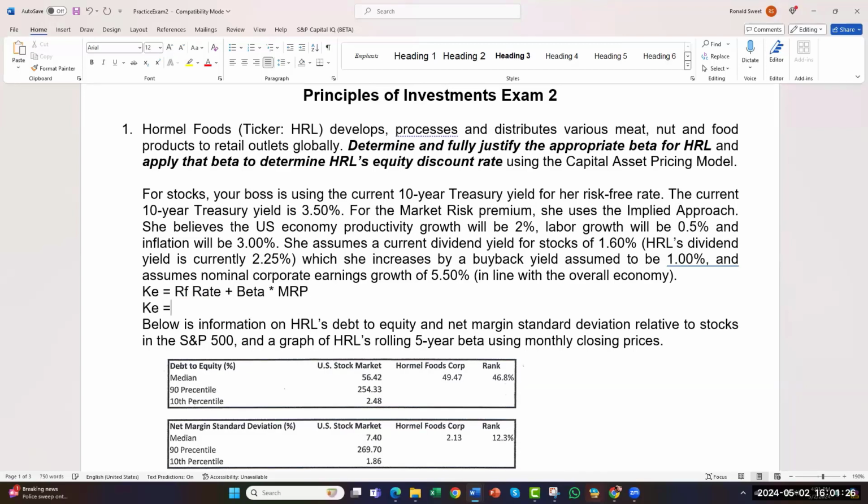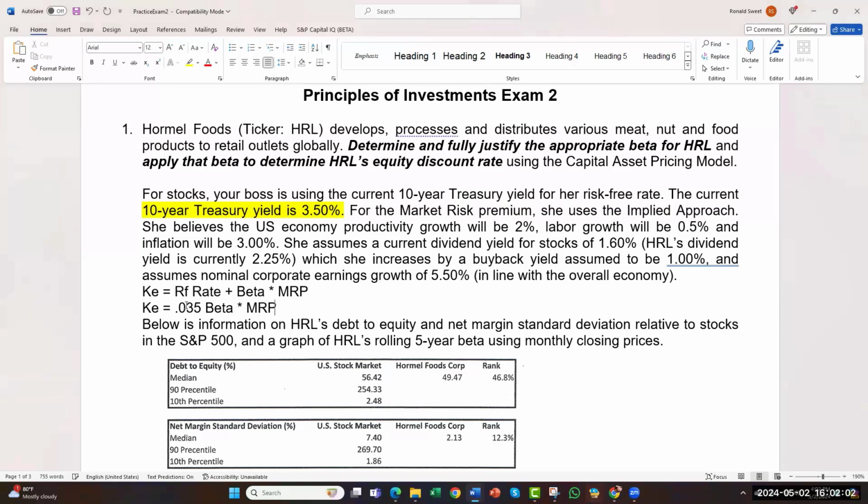So KE equals, and we can see that the risk-free rate, we're going to use the 10-year treasury if it doesn't say anything else, and it even says that they use the 10-year. So that's 3.5%. As I mentioned in class, anytime you have percents, always just put it in decimals. Some students really mess up. It's been a bigger issue for graduate students than undergraduate, forgetting that 3.5% is 0.035, but some students get nervous, so be real careful. Plus beta times